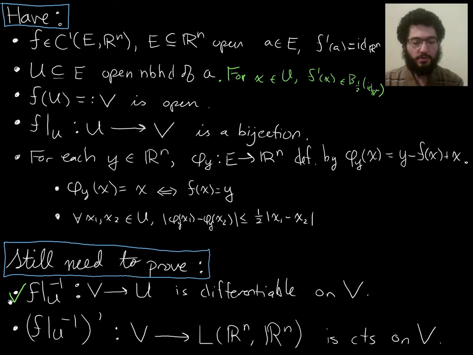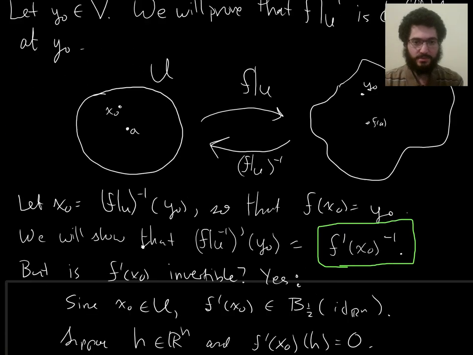And you need to know that we have proven that the inverse of that bijection, the inverse of f restricted to U, is differentiable on V, and you need to know what we proved the derivative was. Then what we're going to do is prove that the derivative is a continuous function on V, and then we'll be done with the inverse function theorem. So let me just go remind you what the derivative was. So going back through our proof,